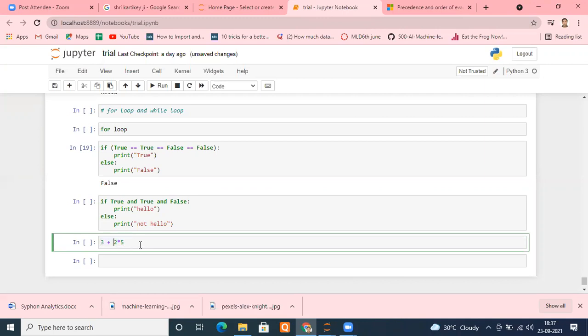Otherwise, if we don't know any priority, what is recommended? Put brackets there. If you don't know the priorities, always type what you want to evaluate. Once you get this, that's 100% assurance that I want to evaluate this first: 2 into 5 into 10. Even if I don't tell you the operator precedence, you can definitely understand that this has to be evaluated first. That is the recommended method wherever you are creating an expression. If you are not sure how it is going to execute, put brackets there. 100% assurance that your output is always going to be proper.